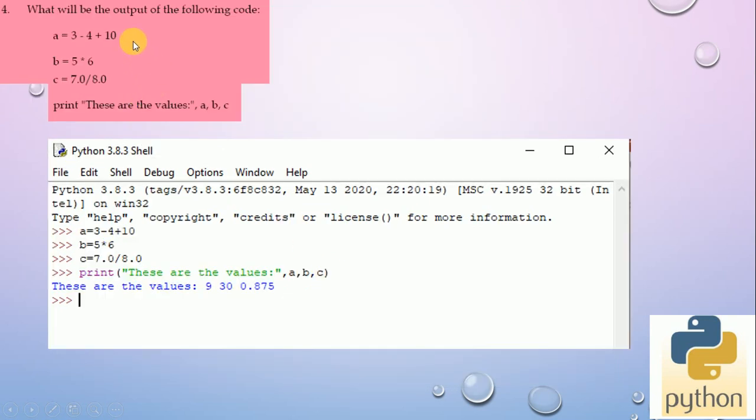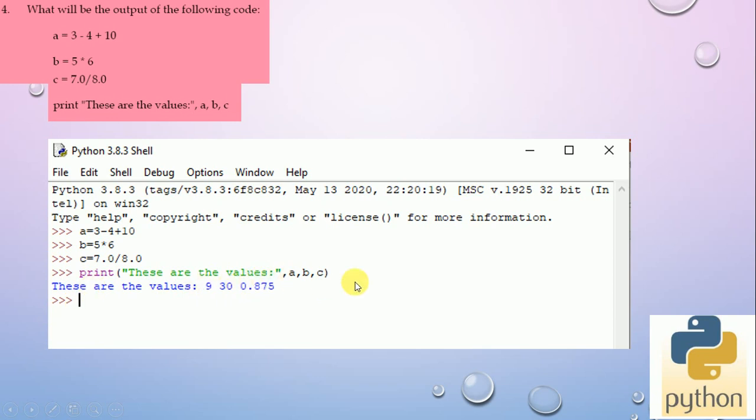Now the fourth question. What will be the output of the following code? A = 3 - 4 + 10. B = 5 * 6. C = 7.0 / 8.0. And after that we need to print these values A, B, C. So we are assigning A, B and C with the expressions.